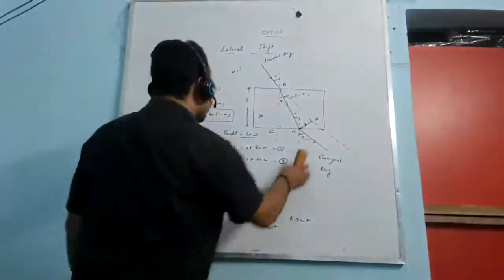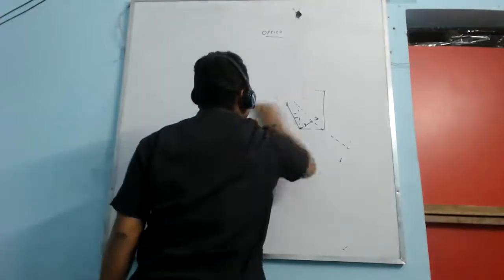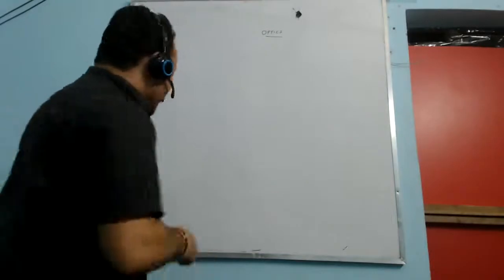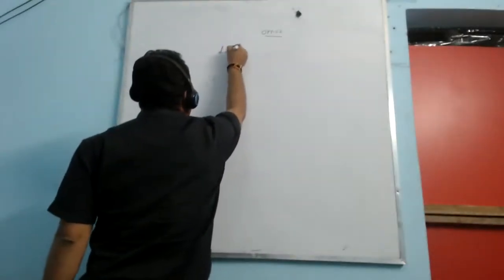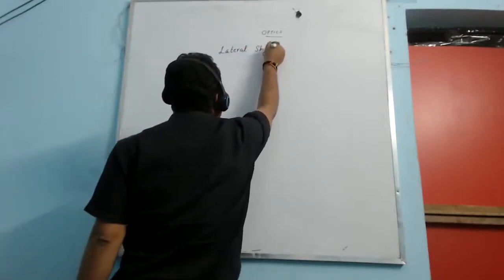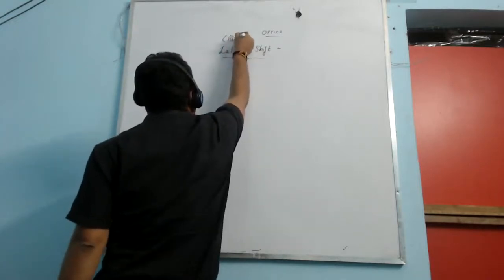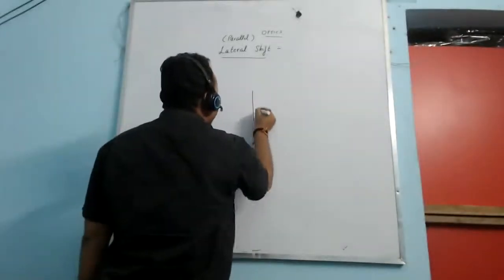Now we are going to derive this formula. How do we find lateral shift? Lateral means parallel, so we can say parallelly shifted. Suppose we have a glass slab,